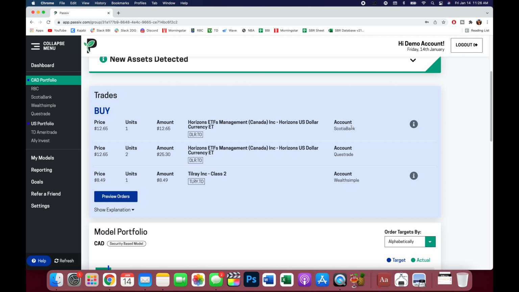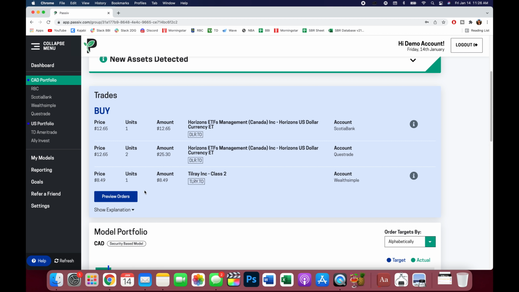And what I love about this is, as you'll notice, this is integrating across all of our different accounts. We're not just looking at it independently. This is a very top level look. If you do have multiple accounts, one of them happens to be Scotiabank, one of them Questrade, one of them Wealthsimple. And through this platform, if you are on the elite plan, again, if you're a Questrade user, you can